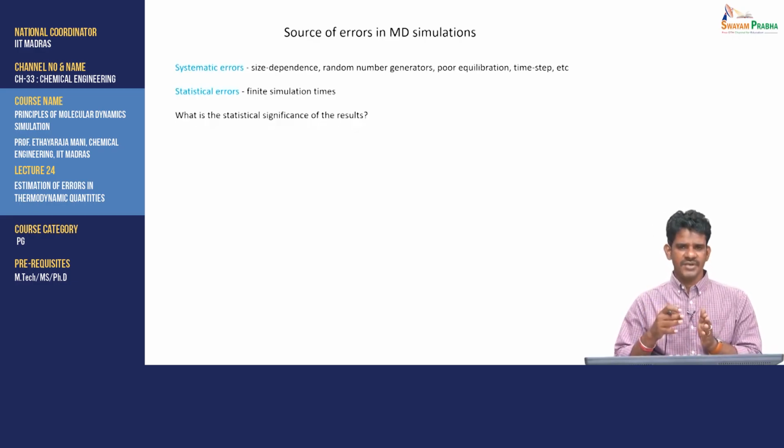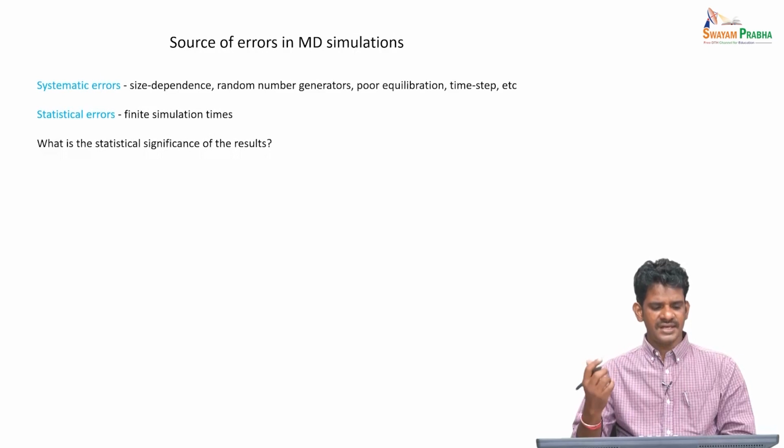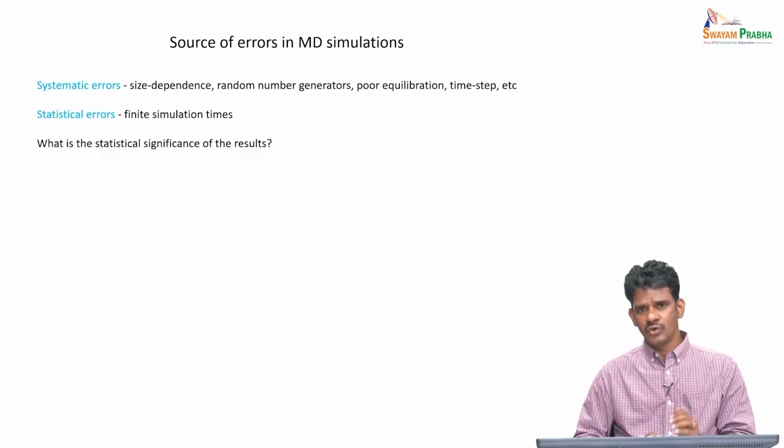Now sometimes the measured quantity can be a function of how long or how many data points we have averaged over. So, the statistical error mainly comes from such a finite simulation length over which the properties are measured. So, you want to look at that particular aspect in more detail and how to measure statistical error in MD simulations. And these are important because when we report a value from simulation, just like how we report error bars in experimental measurements, the same kind of error bars are required in simulation data also.